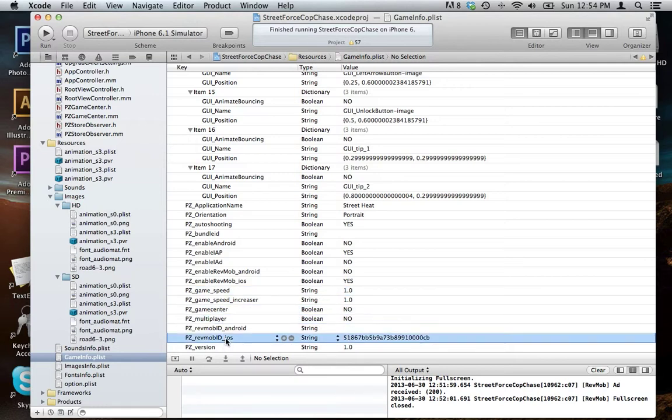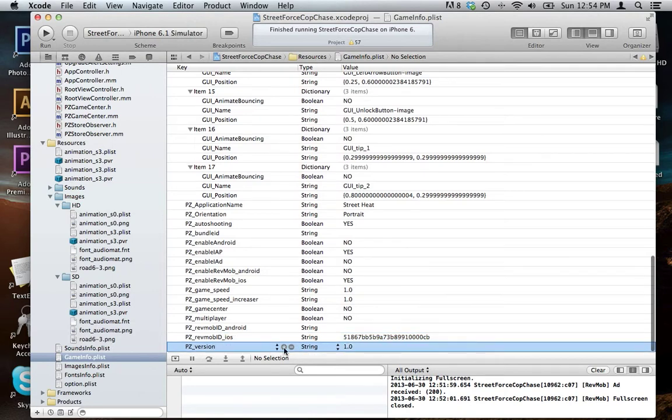Here's your Revmob ID. The way they set it up, they saved your Revmob identifier in this property list file. So you can take your Revmob ID and drop it right here, and then you can code it the same way that I have it in here. So that's one easy way to do the Revmob identifier. You could also put your Chartboost identifier, you could create a new one here if you wanted to, and you could say